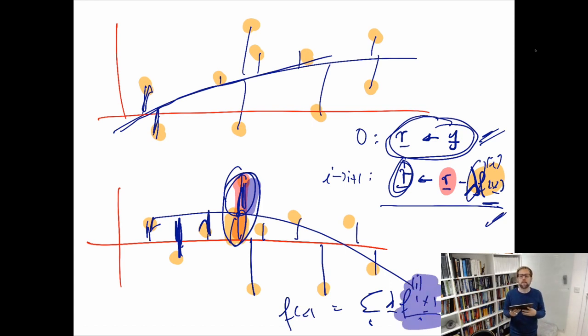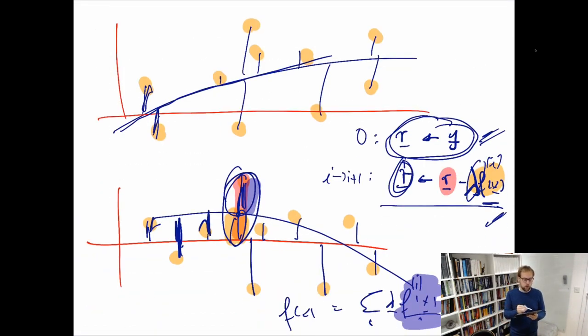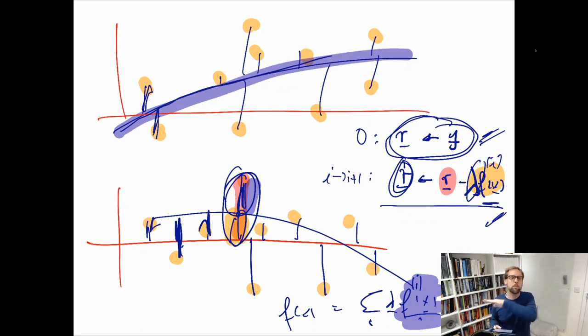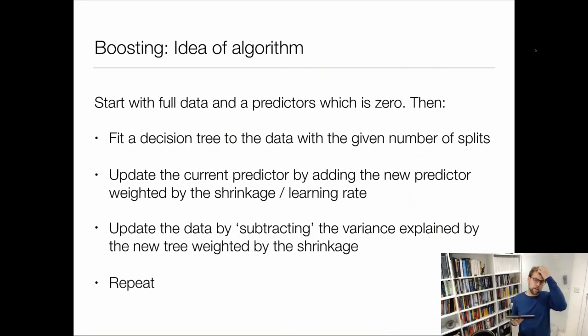Each f would be, say, a single tree, and as I mentioned earlier, it should be a small tree. So I fit a small tree, which would be this function here. I just drew it as a line, but imagine it would be something piecewise constant. Then I take away a fraction of what I learned, fit a new one, take away what I learned and fit a new one. This is exactly the procedure of boosting, and this is basically the algorithm